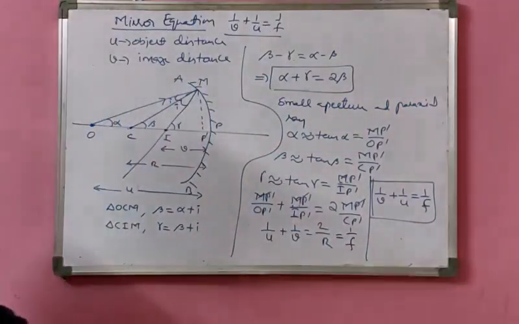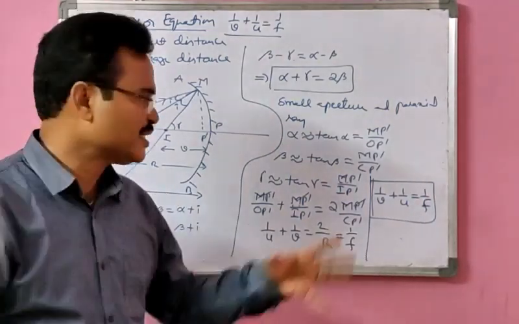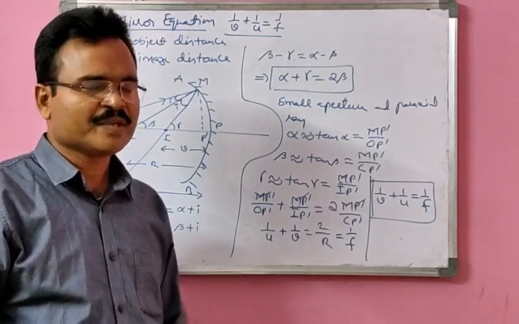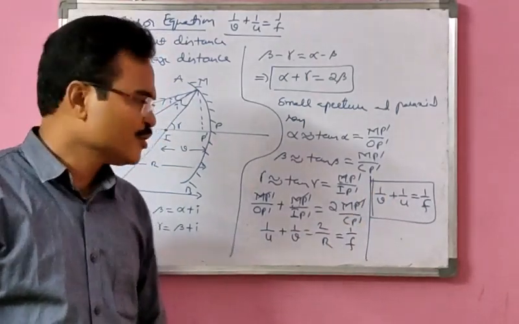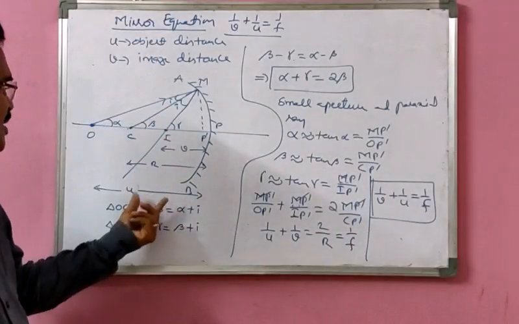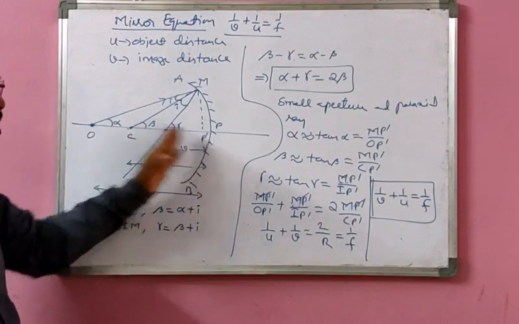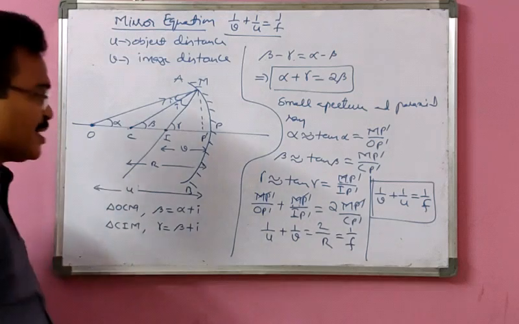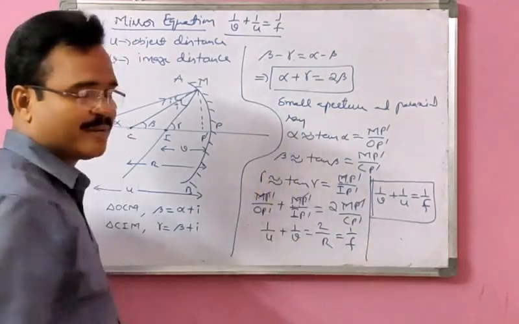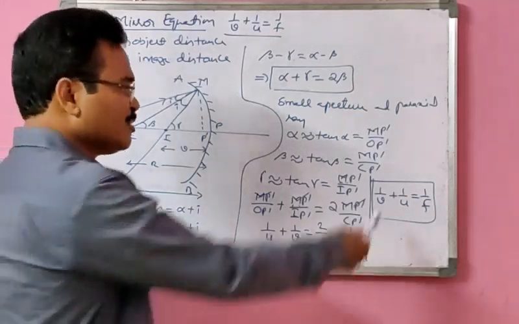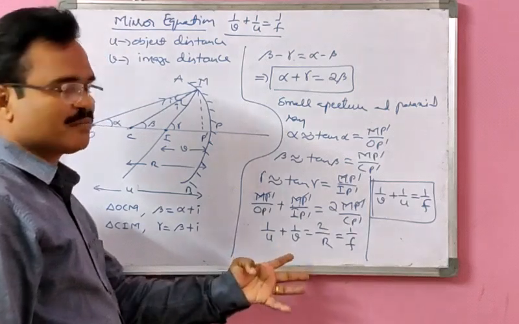But while using this equation, you must be very careful to use the sign convention, because I did not use the sign convention here. Even if you use sign convention, you are going to get the same. Why? U is the object distance measured left to the incident rays. V also measured left to the incident rays. R also measured left to the incident rays. So if I use sign convention, I get a minus sign here, here, and here. Again they are going to cancel out, and we get the same relation. So it doesn't matter here if you use sign convention or not.